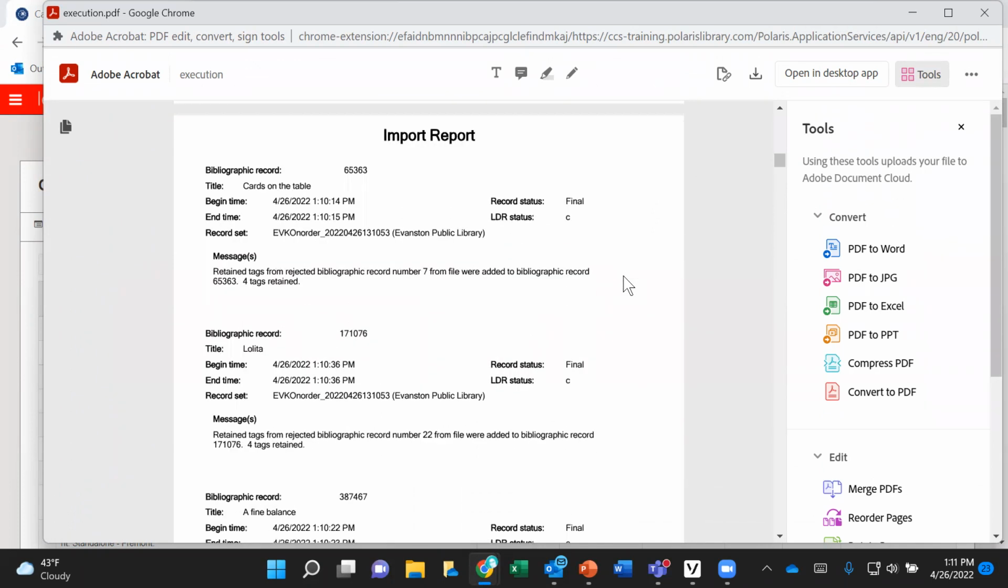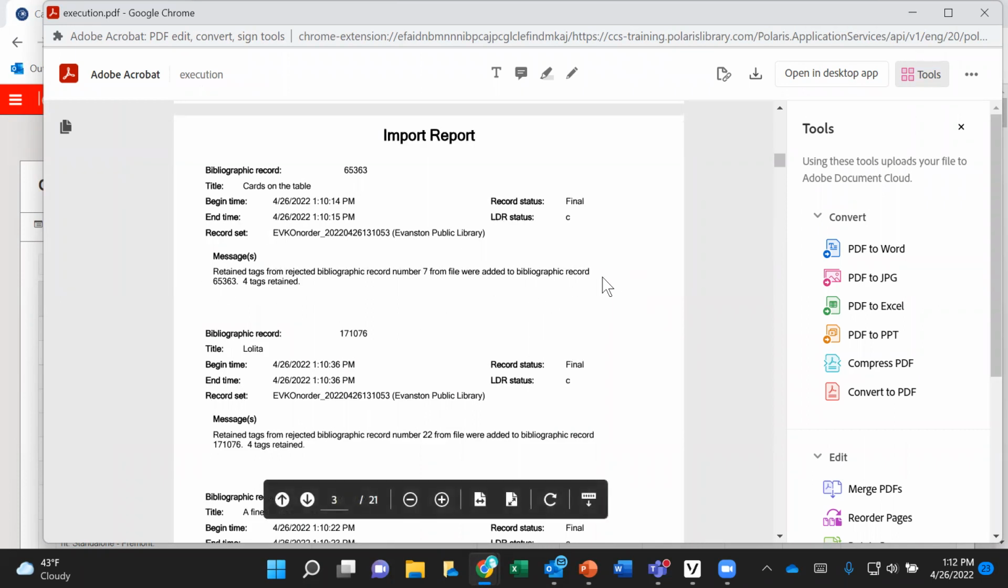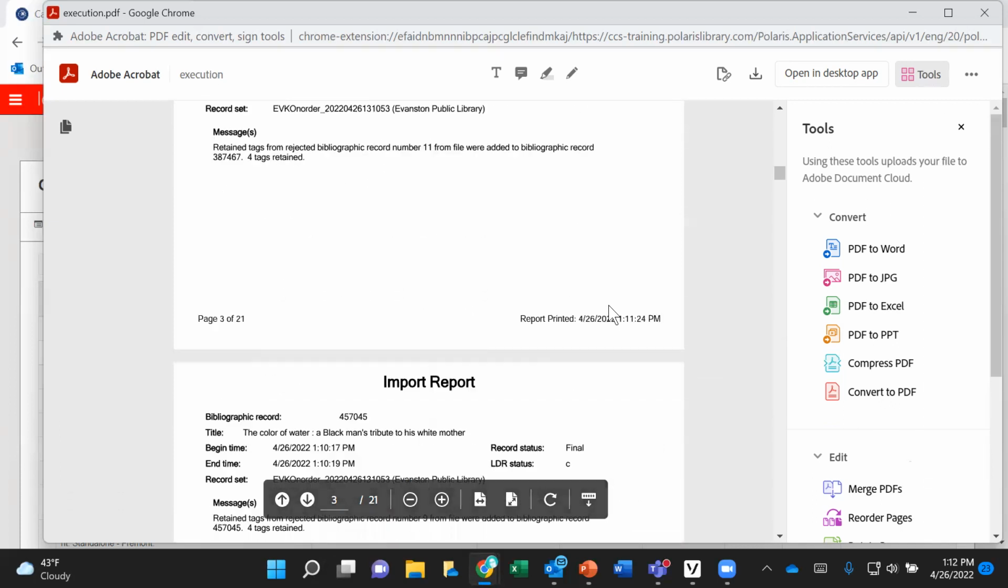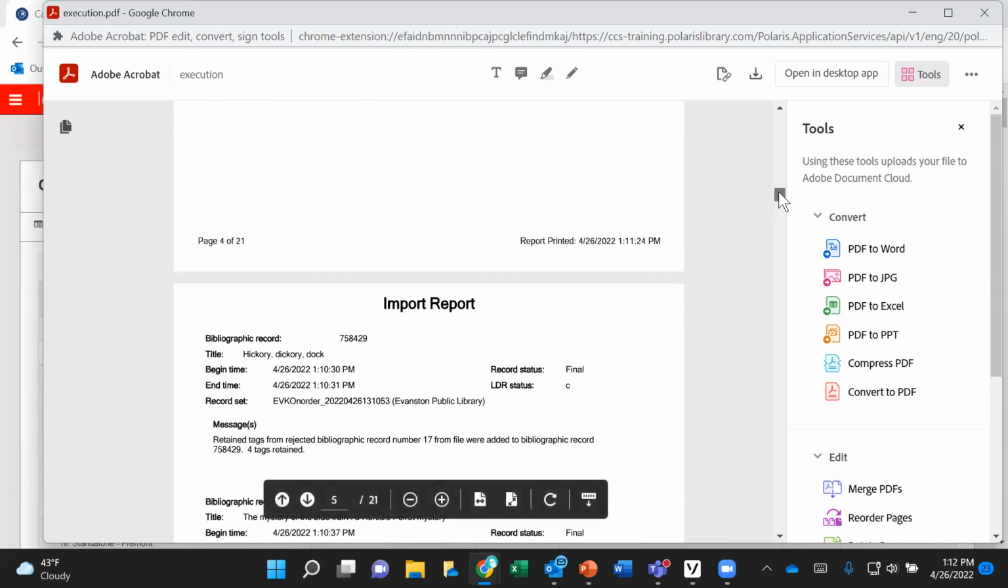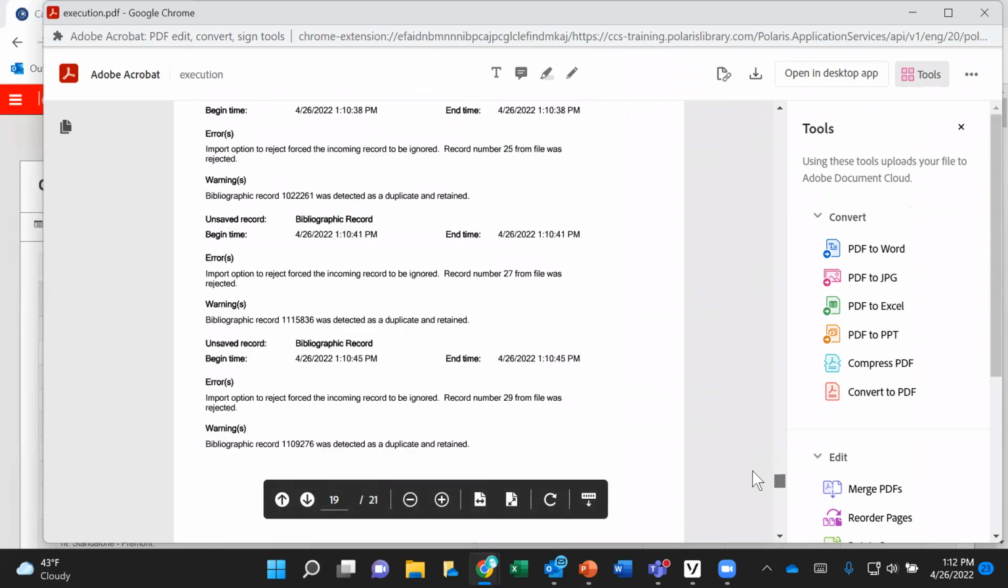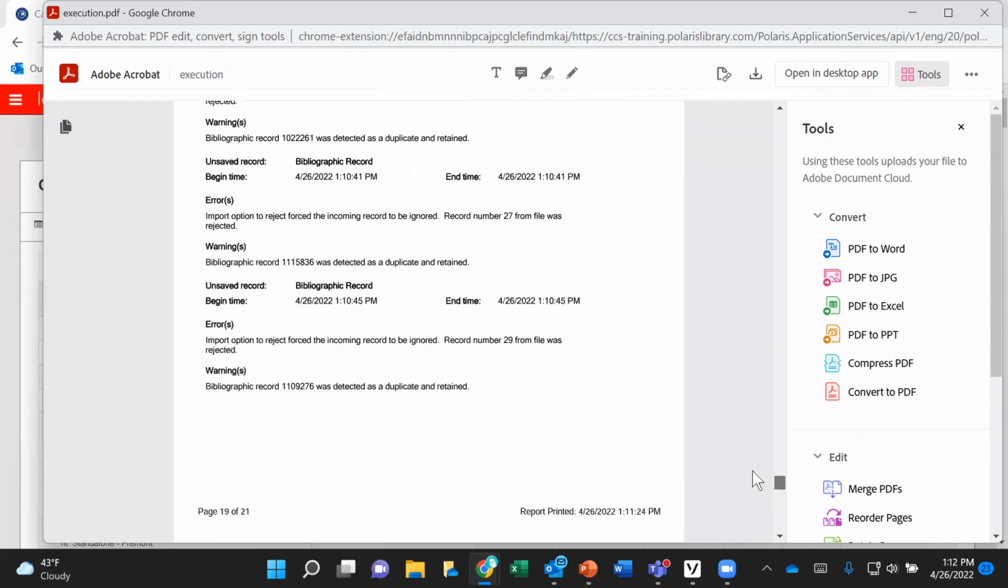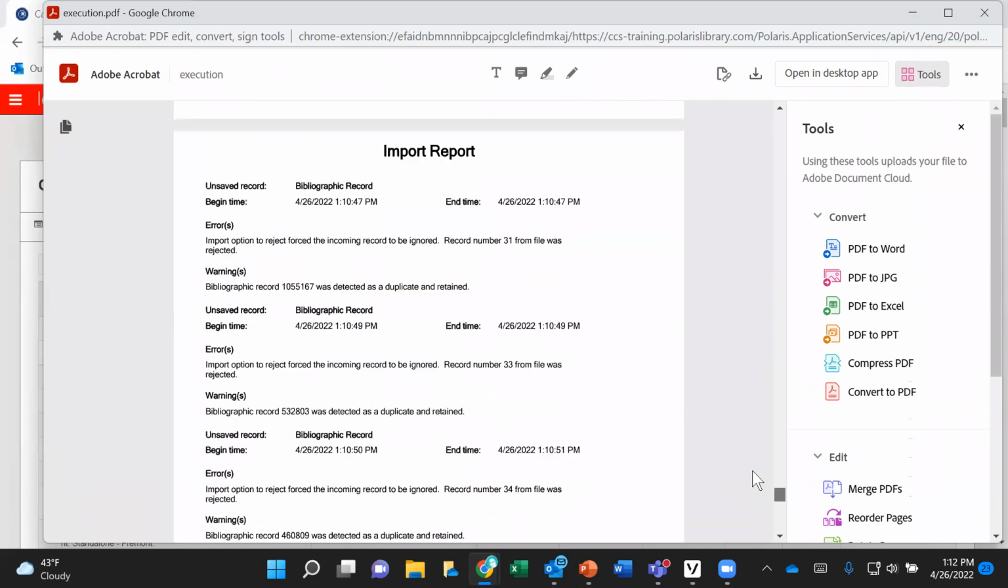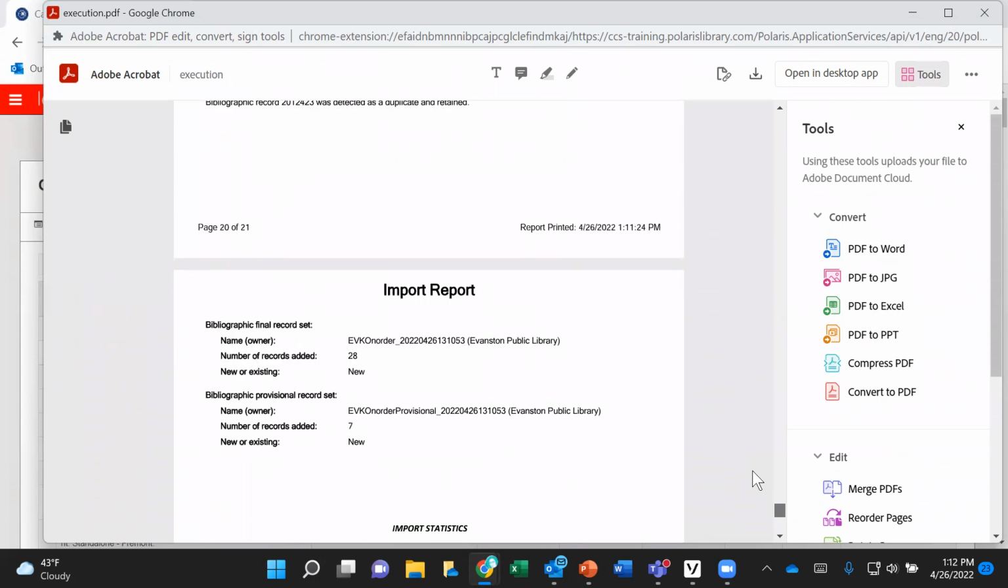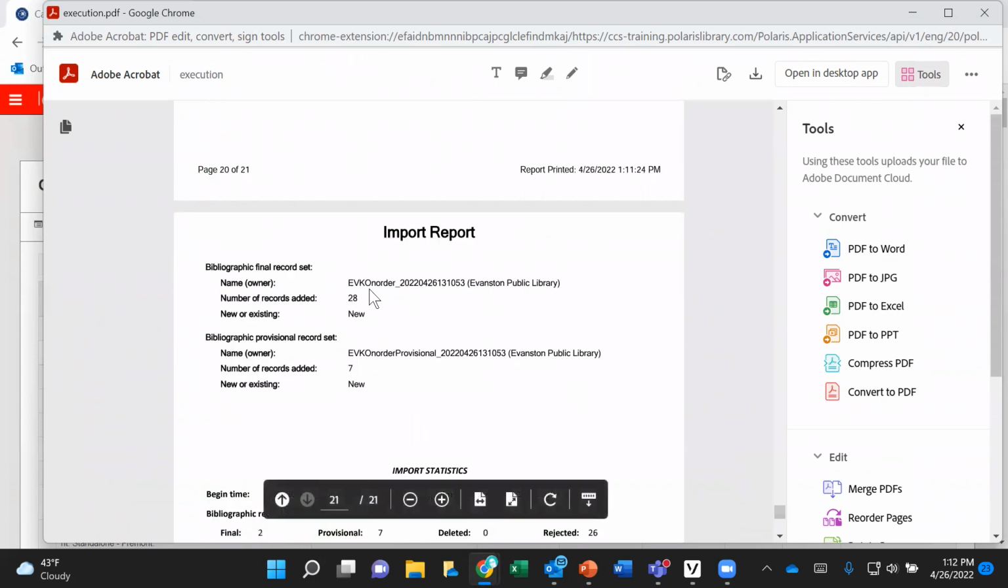And then on the third page, it begins to list every record and has messages on whether the tags were retained because there was a duplicate or if there were any errors that were encountered. And then when we go down to the bottom, we can see the names of the record sets. We can see that 28 records were added to the final record set, and there were 7 provisional records that